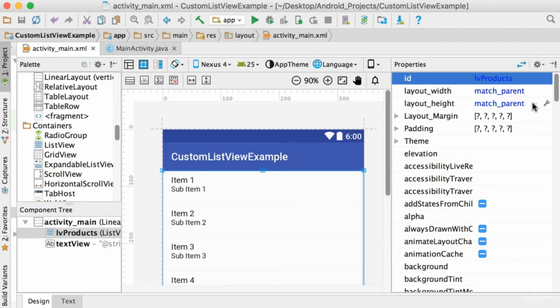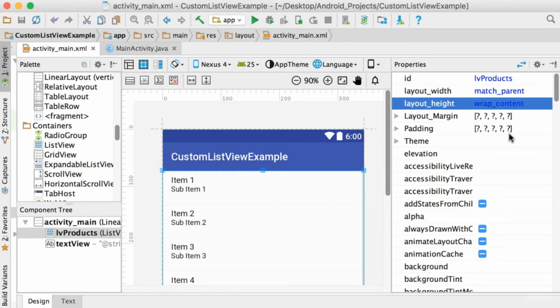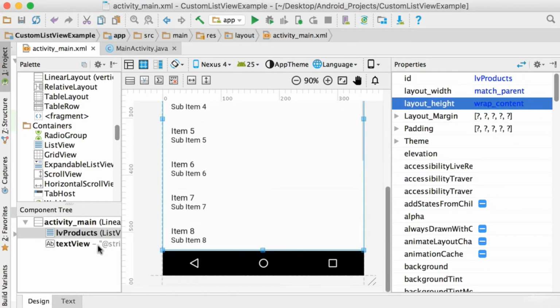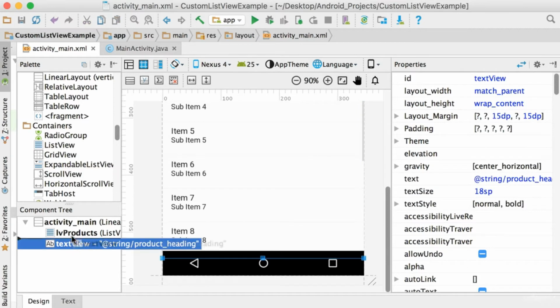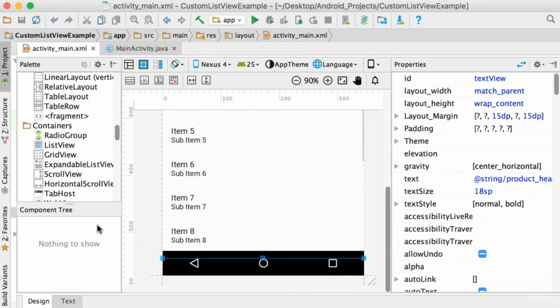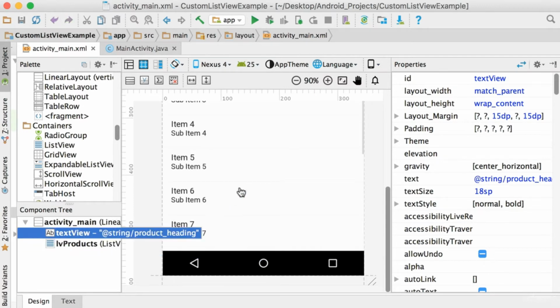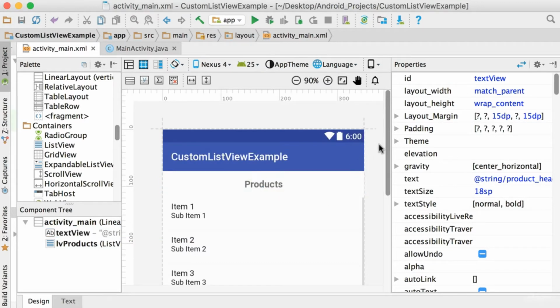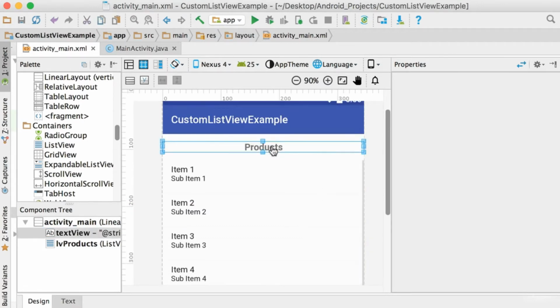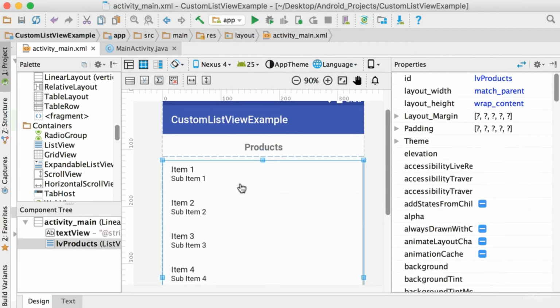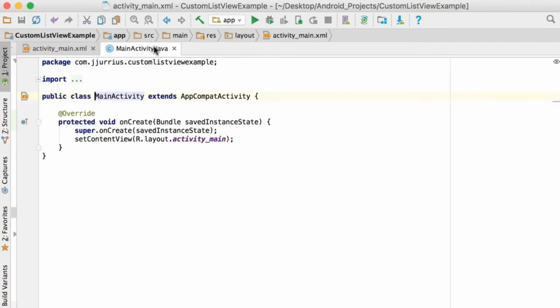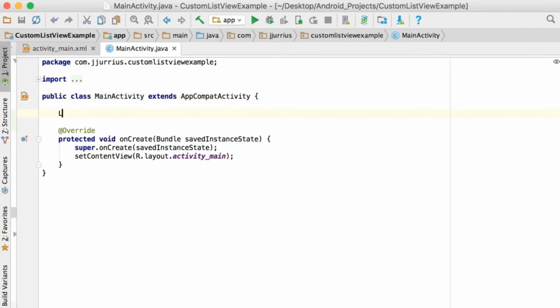Okay, so for the height, let's say height wrap content. Let's put the text view in front of it. Just go back. Text view before list view products. Let's just see. Yes, there we go. Okay, so we've got products there at the top, the text view, and then we've got the list view that is called LV products. Okay, so in order to link that up, let's just go here and say list view,